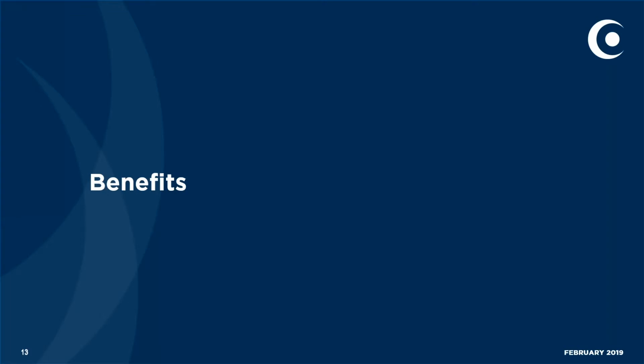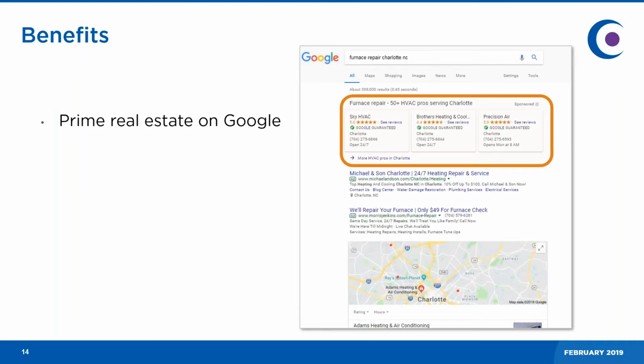So again, looking at the benefits of Google Local Services Ads. It's a really cool platform where you're able to get prime real estate on Google. So we can see the example here on desktop search. Again, Google Local Services Ads are found right at the top of search, particularly on desktop search as well. And you can see there's 3 ads running horizontally along the page, all within the platform. Now, the reason this is most important is because,